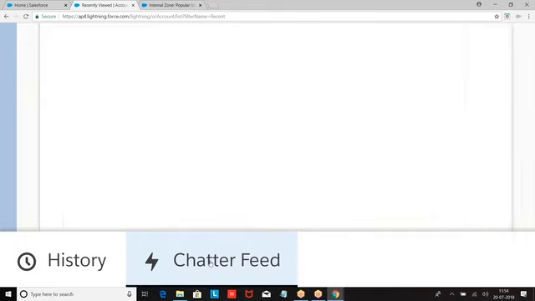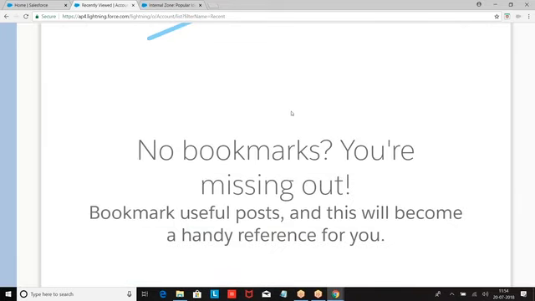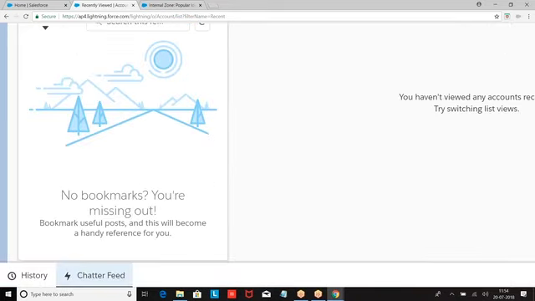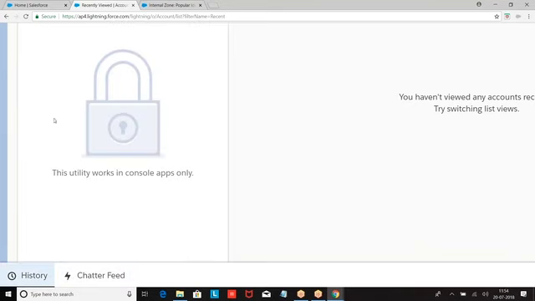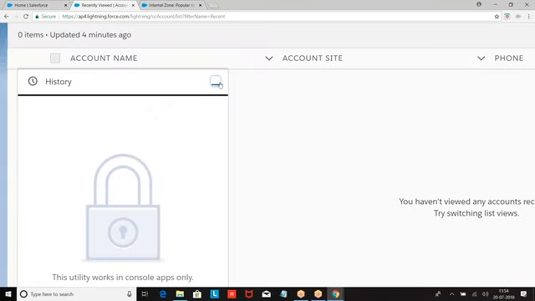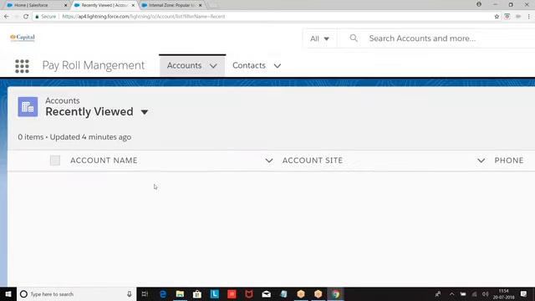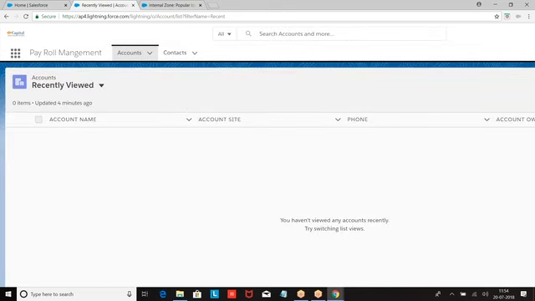Now when I click on this, some pages open here. When I click on history, some pages open here. Now this is called the utility bar. Are you clear about this? Okay. I hope you are good with this format. Any queries from anyone? Anyone has any queries from this session? So next